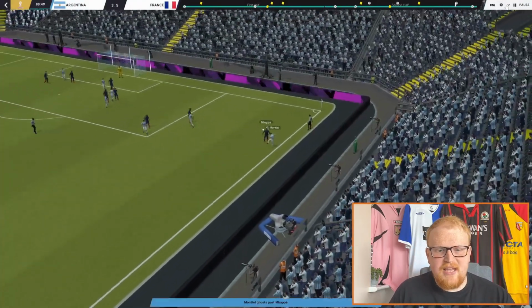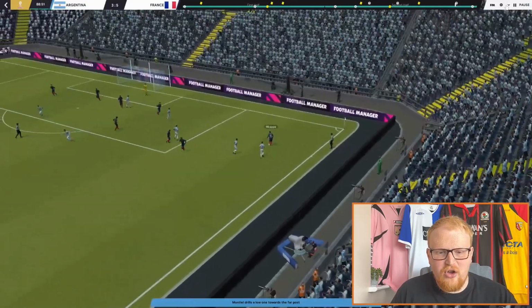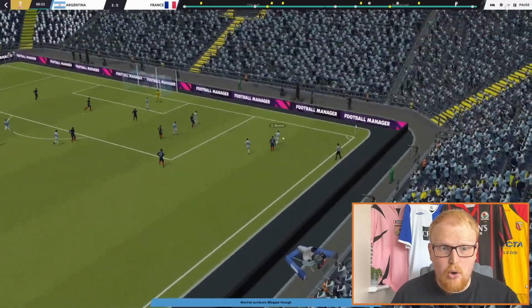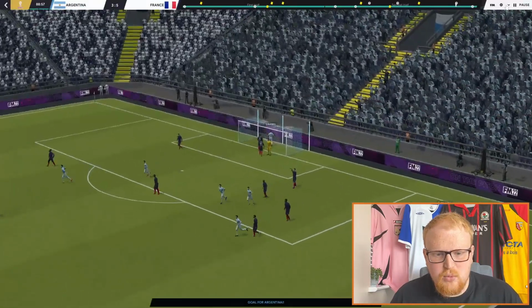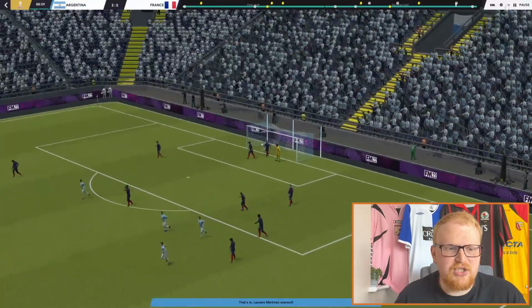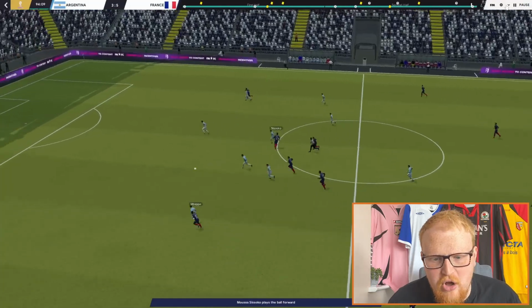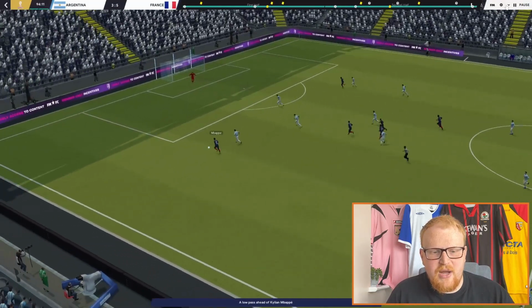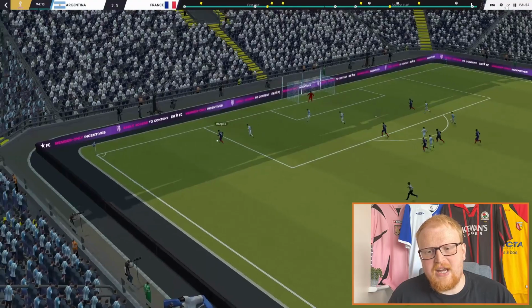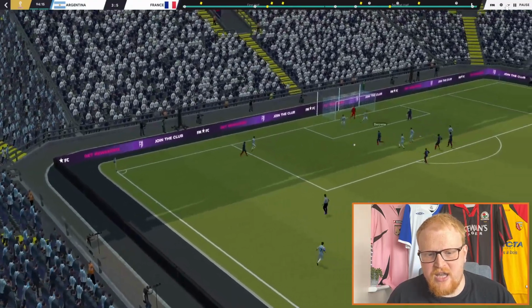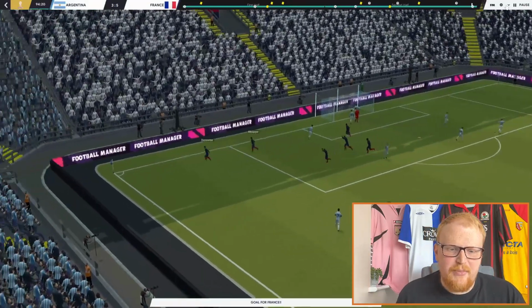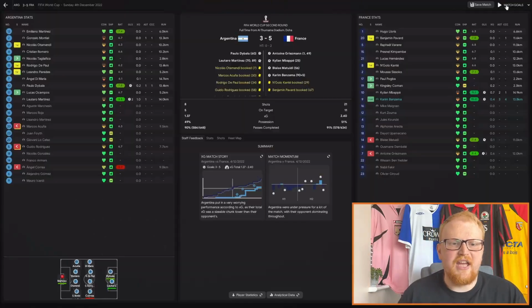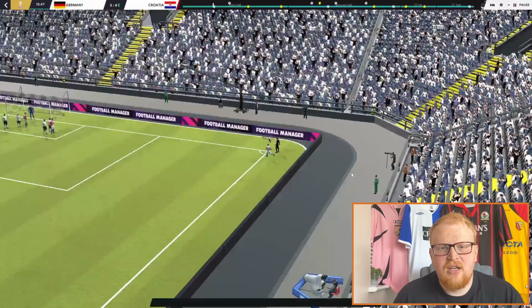Not finished though. Argentina with 2 minutes left on the clock, getting a third, making it look like they were going to push for extra time. An incredible comeback was on. Martinez once again at the near post, smashing it home. 3-4. But the final goal of the game went France's way. It was an 8-goal thriller, but it was not 4-4 heading to extra time. It was 5-3. France getting a big scalp over Argentina. Benzema getting the 5th goal of the game to put the world champions through to the next round.